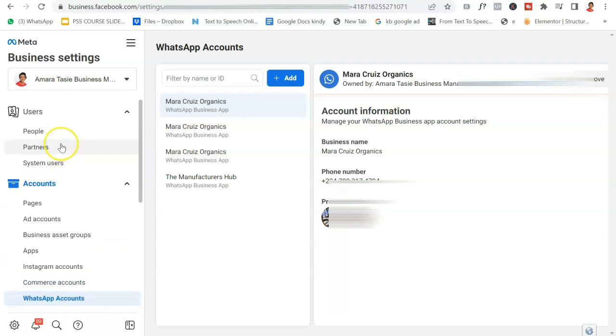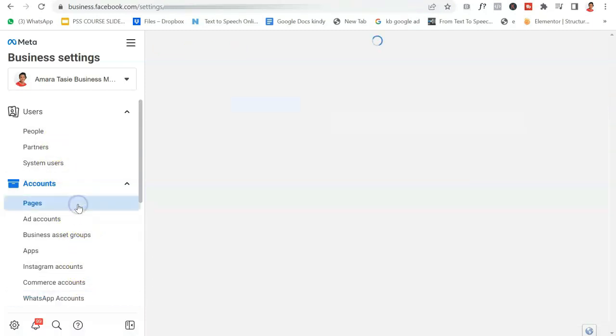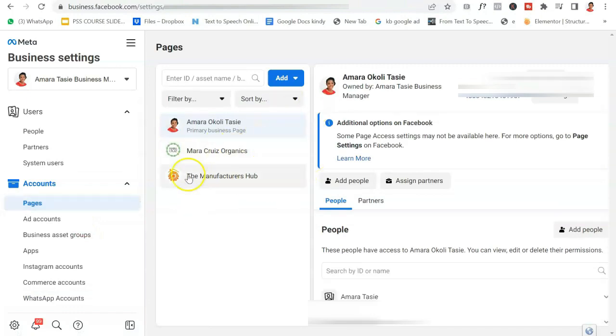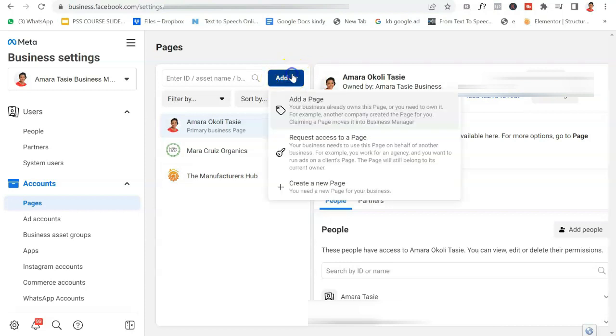So the key ones that I want you to do for the purpose of running ads is: one, you need to add your pages. You need to add your page. So you can see here that my pages are already added. But to add a new page, you want to click on this add button here. Click on it, then